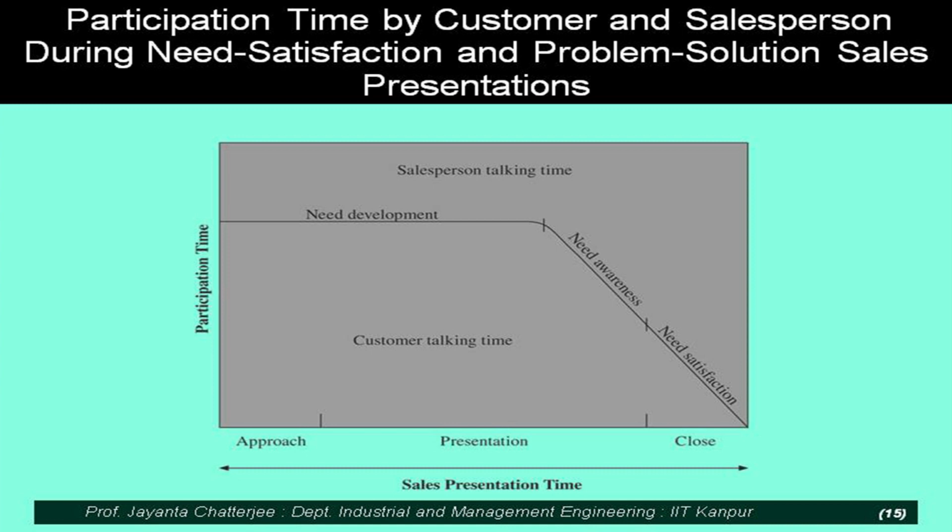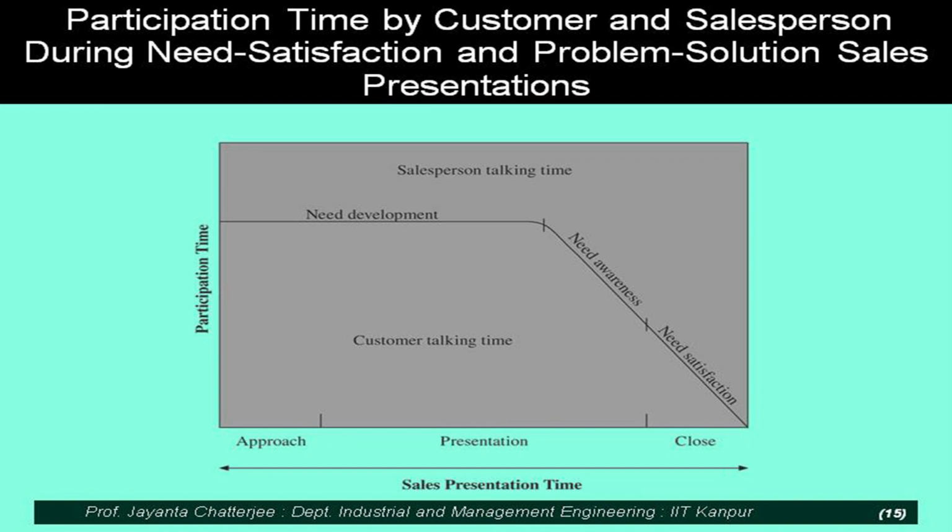During the presentation stage, allow a good amount of time to the customer to talk, which means that at that stage, your presentation is actually bringing out some key facts and triggering and encouraging,